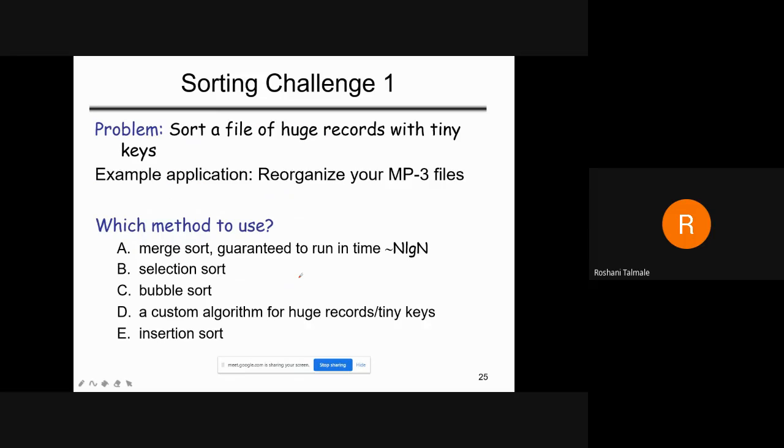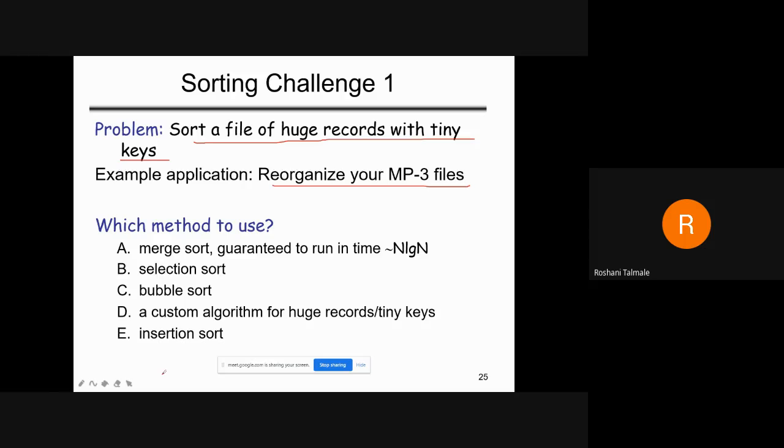Now see what are the problems and in which case we are using which type of sorting. Okay. So for example, the problem they have asked, like in an interview process or in a GATE examination: sort a file of huge records with tiny keys. Keys are given. Okay. Example application: if you want to recognize your mp3 files, there are different types of files. Now we have to recognize the mp3 files. A huge amount of data is there, बहुत सारा आपको डेटा दे दिया है of different extensions and you have to recognize your file only, means you have to pick up your file.